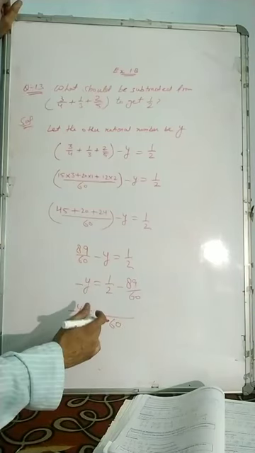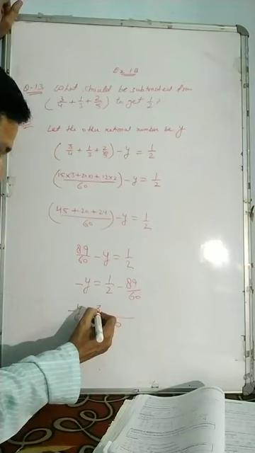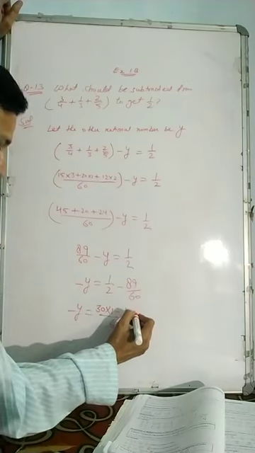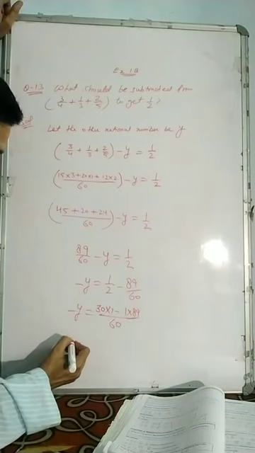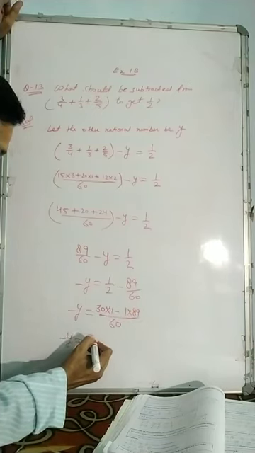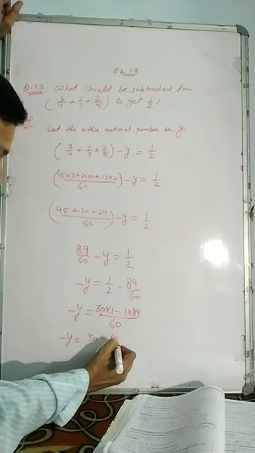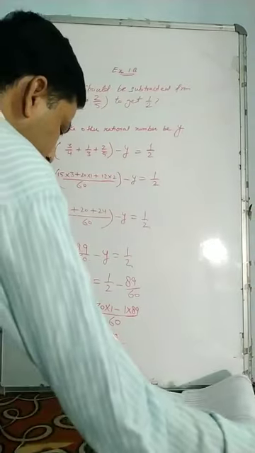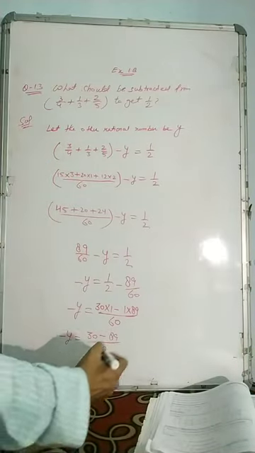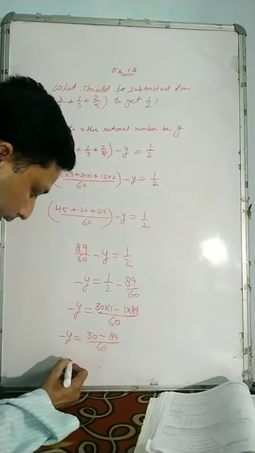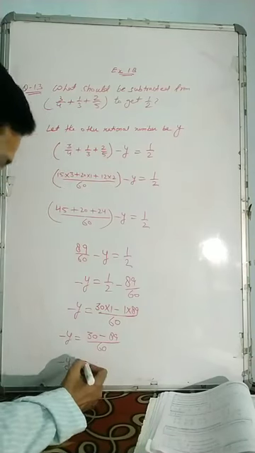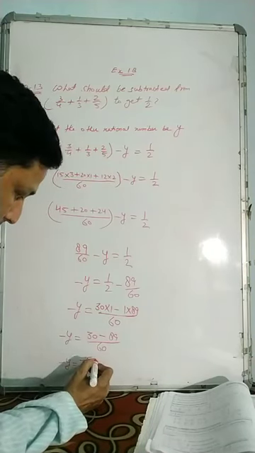Now in the table of 2 it will come 30 times, 30 into 1 minus 1 into 89. After multiplying we get 30 minus 89 upon 60. Now in the last step, minus y equals, after subtracting 30 minus 89, minus 59